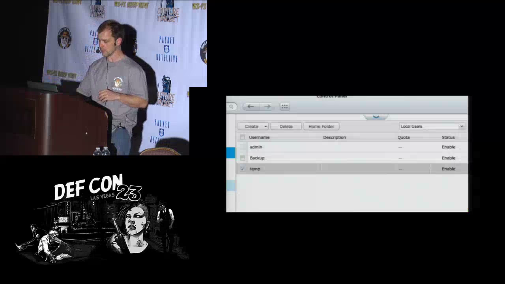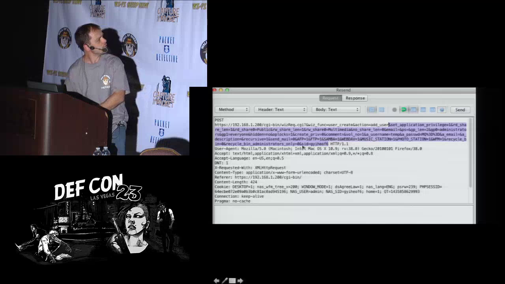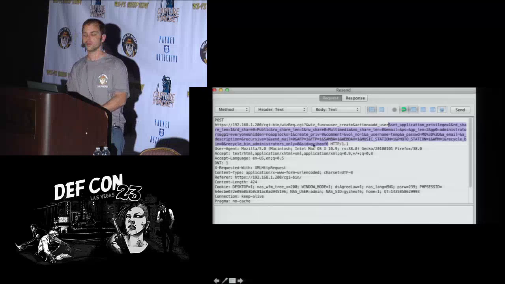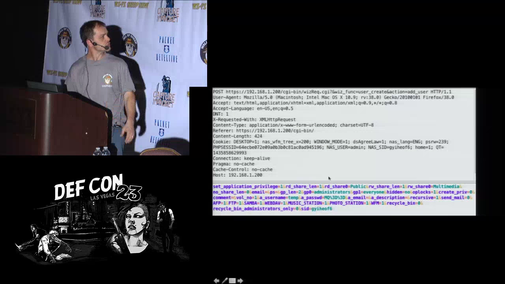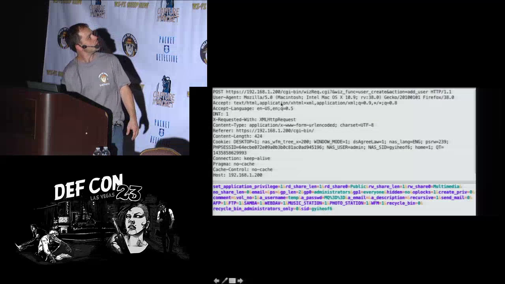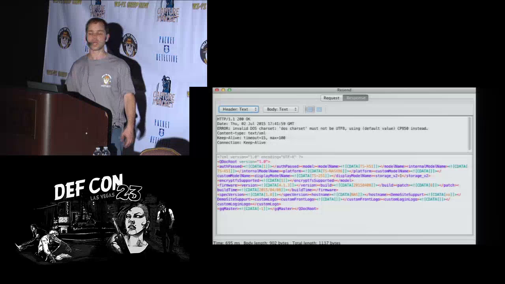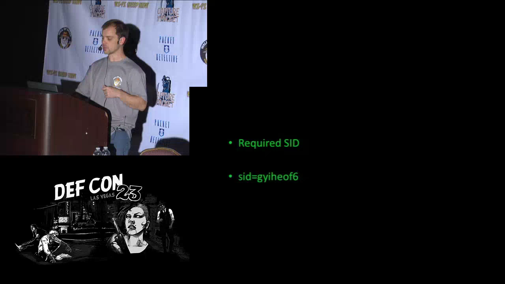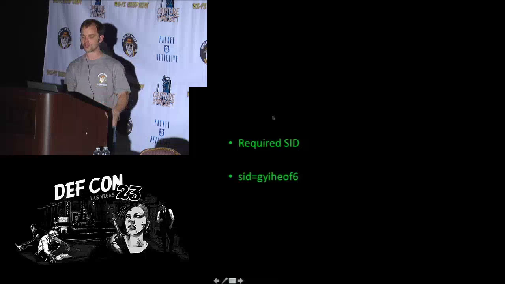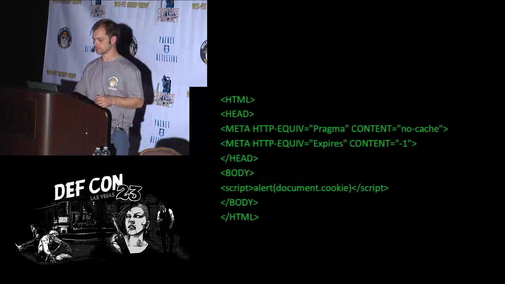So what they did here, very quickly, is we go back, they have here a SID, a session ID. They had a few different session IDs, but in the cookie, they had a session ID here that you needed to post up also in the URL. So if I wanted to actually get this to work, I needed to grab that session ID in the cookie and send that up. So I need that session ID if I want to build out that URL. So I want to build that URL to add a user. I need to grab that session ID somehow.